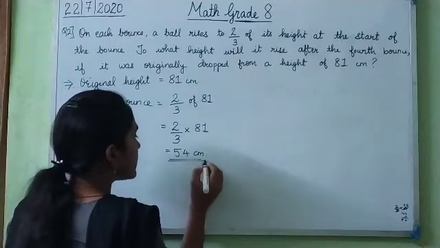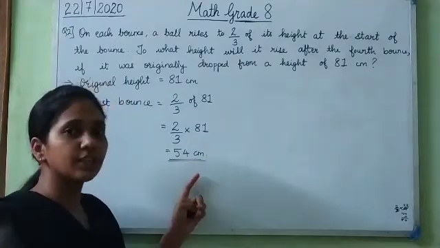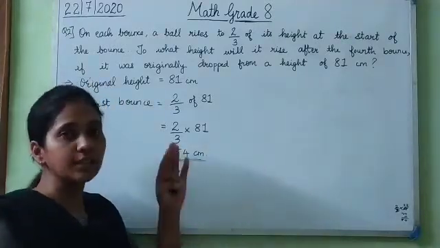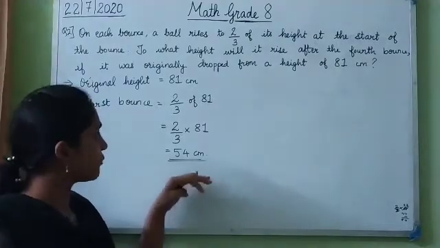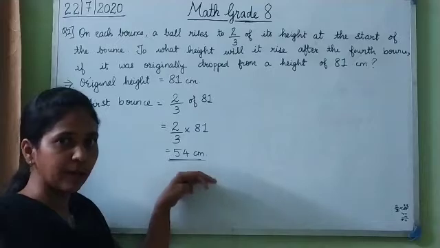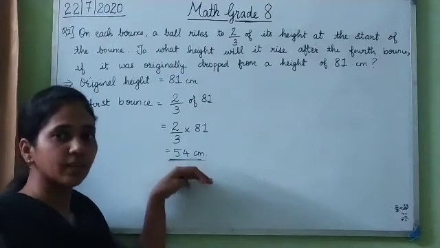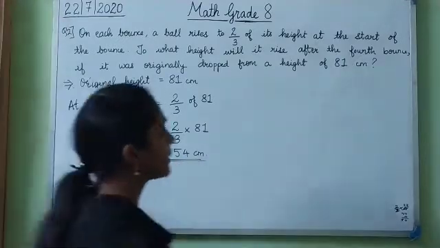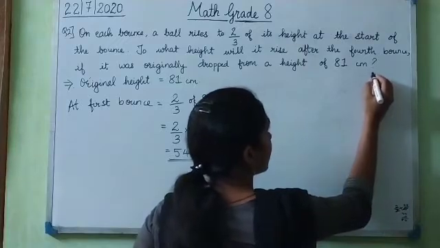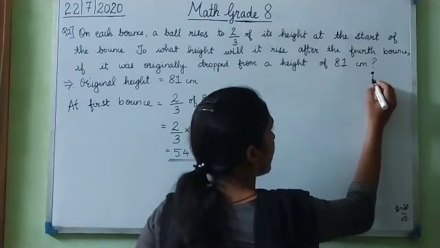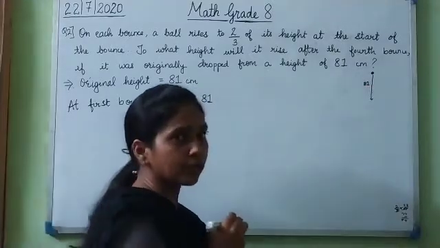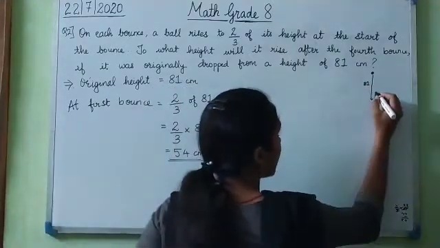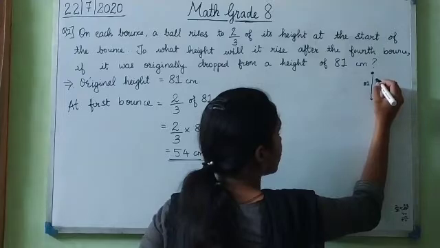Okay, so this is the height which is there for the next bounce now. For the second time, it will bounce from this height, right? Suppose I show you the diagram. If this is the ball and I have dropped it, and this was the first original height, then it has bounced back and it has come to a height.